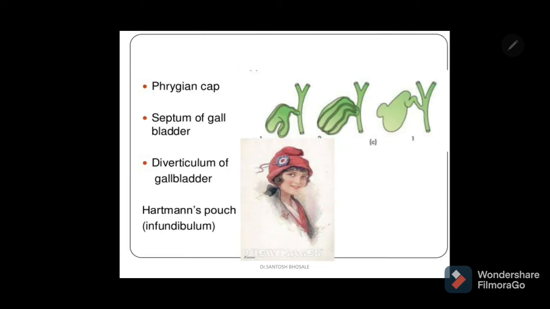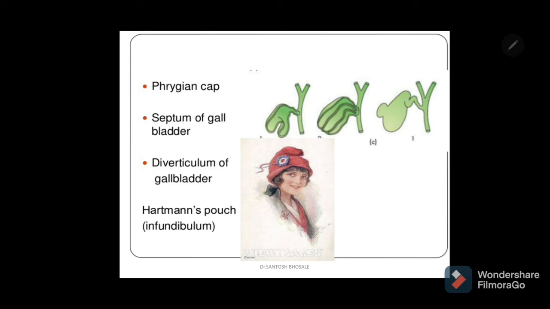At the 12th week there is secretion of bile, and after the 13th week there will be entrance of the bile into the duodenum, giving the green color to the meconium or intestinal contents. Meconium is fetal feces, the collection of all the waste materials from the intestinal part or GIT.